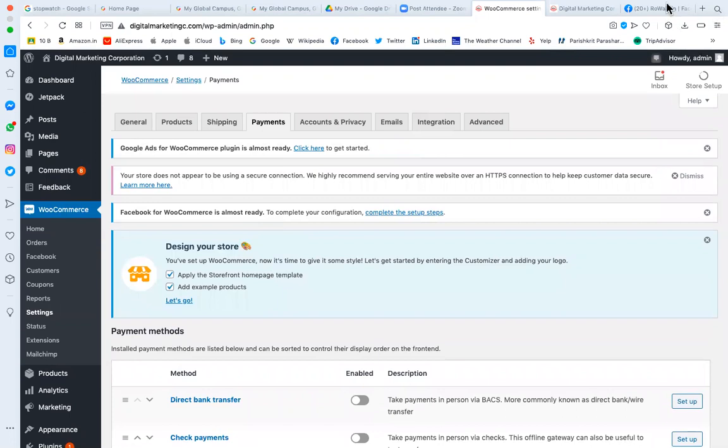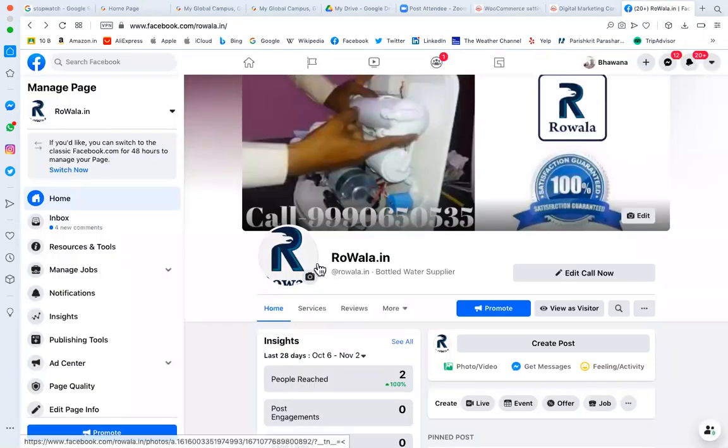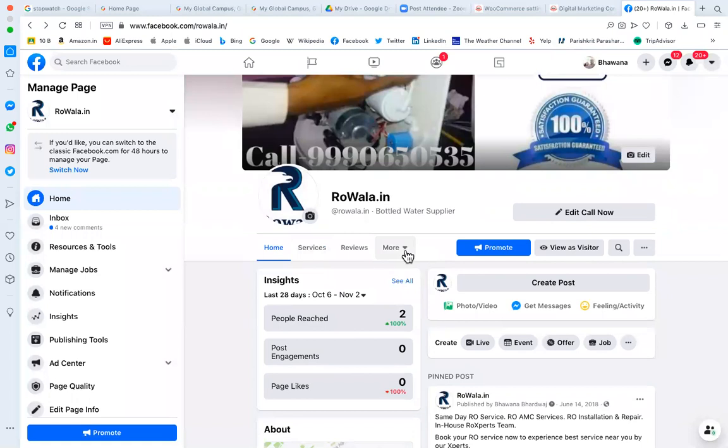You mean to say? Yes, there you have to go and create the Facebook page. Then within that Facebook page, there are so many tabs. You have to go for the shop, and in the shop setting, you have to provide and upload all the products. Then you will have a Facebook shop, which is part of the Facebook page. So here you can share only the shop link. You can share the shop link with anyone else as well. They will be able to see only the shop on Facebook.